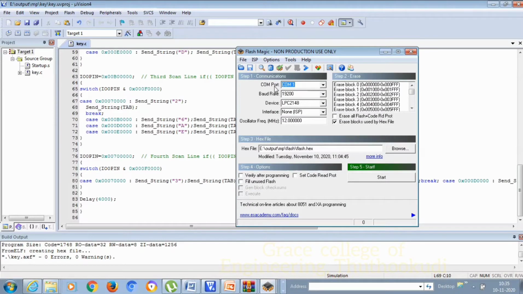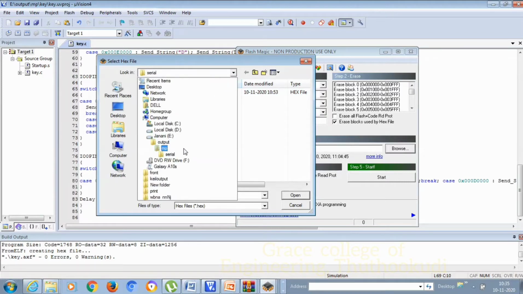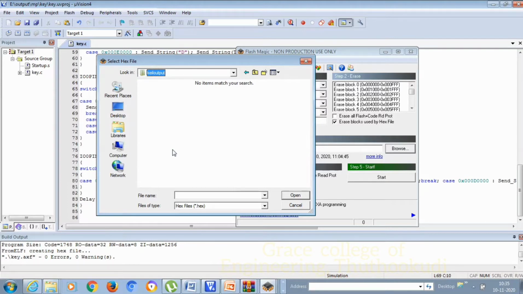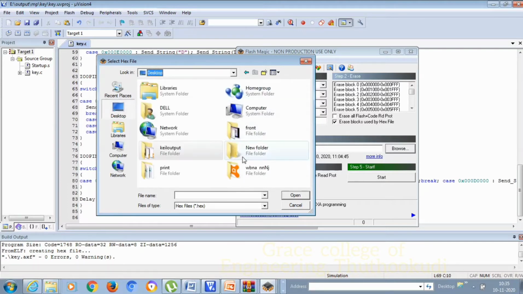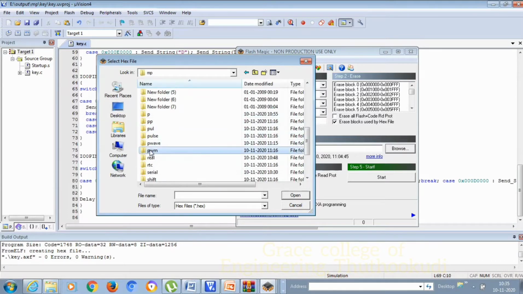Step 1, all the settings should be in a similar manner. Step 2, click Erase Block. Now in the browse you should choose the folder in MP, and choose the folder key.